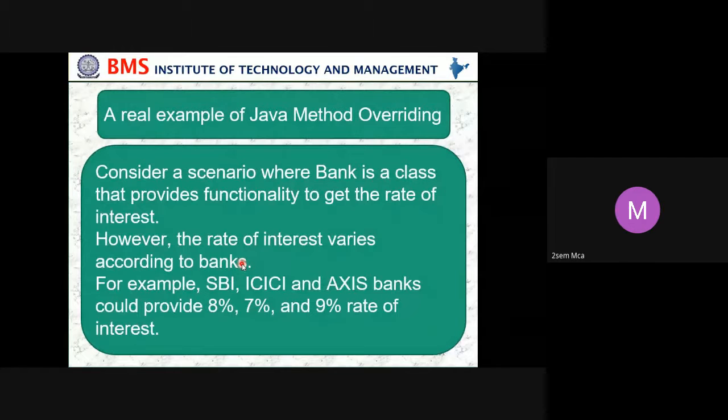Okay, let us take one more example, one more example for Java method overriding. Consider the scenario where a bank is a class that provides functionality to get the rate of interest. Let us assume that the rate of interest varies according to the bank. So for example, if we have SBI,